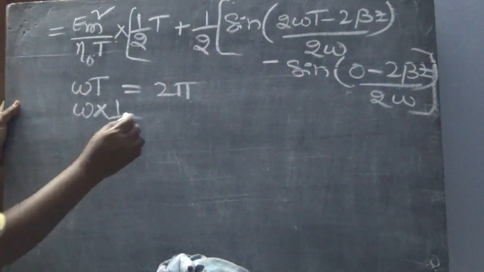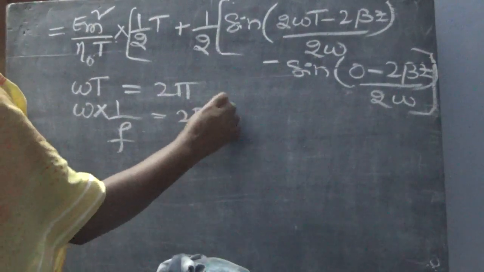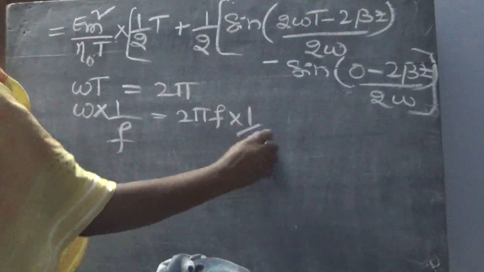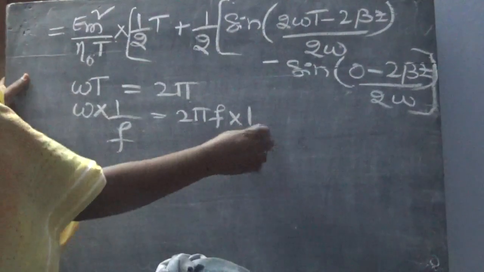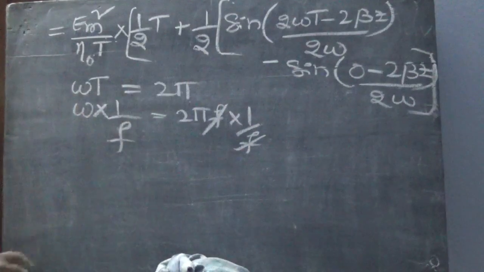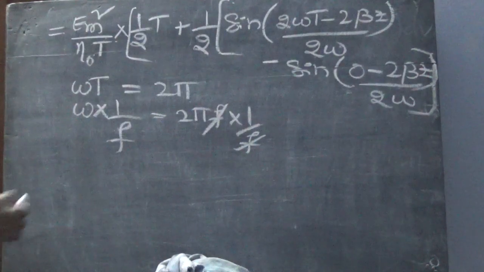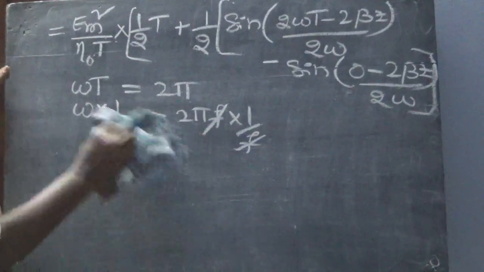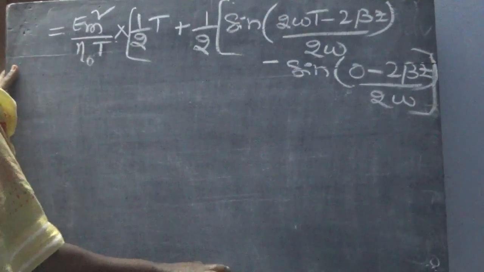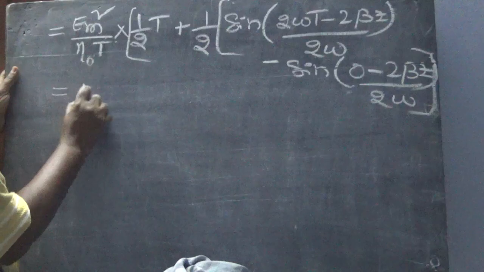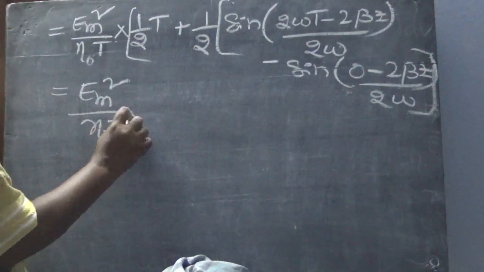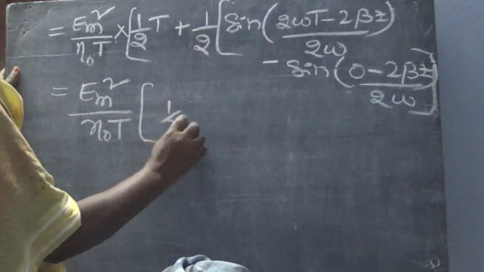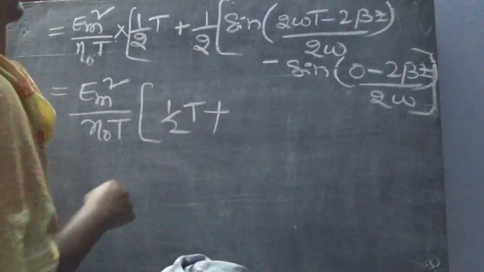What is omega? Omega is equal to 2 pi f into 1 by f. So what is omega t for a complete period? It will be 2 pi radians. Omega t for a complete period will be 2 pi radians. We can substitute 2 pi radians instead. So what it will be? Em square by eta naught into t, half t plus